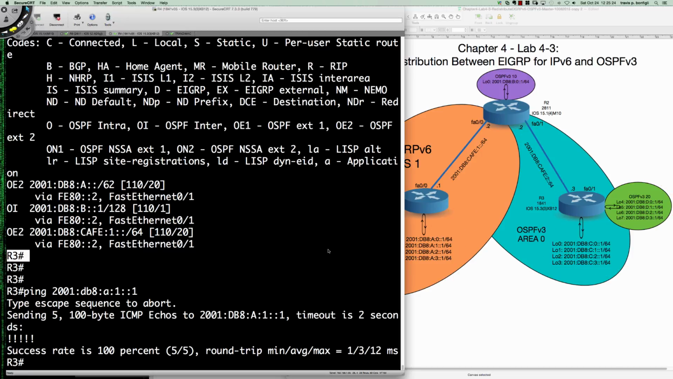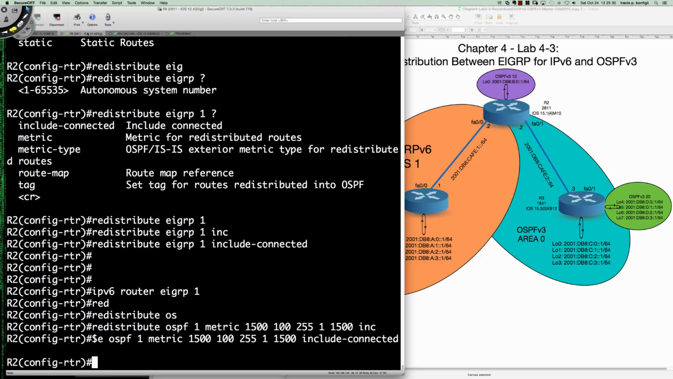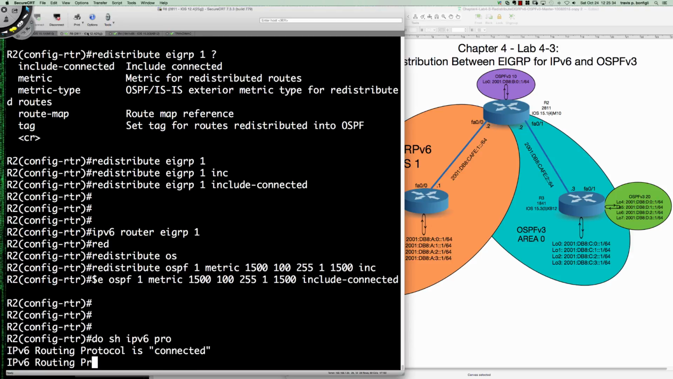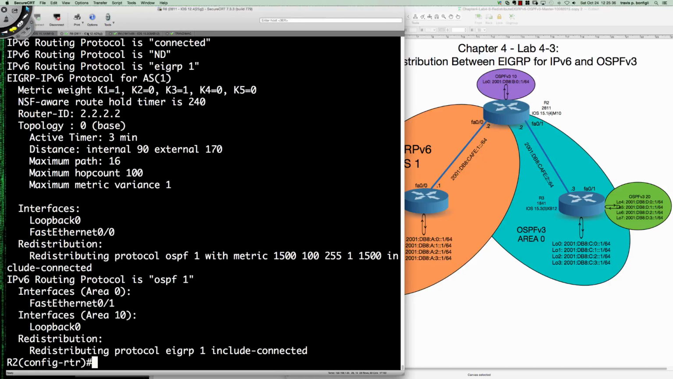All right, so the next step, it wants us to take a look at the show IPv6 protocols. So do show IPv6 protocols. And when we take a look at the redistributing, we can see here router 2 is very busy. It's redistributing OSPF1. Here is the metric for OSPF1, and it's redistributing it into